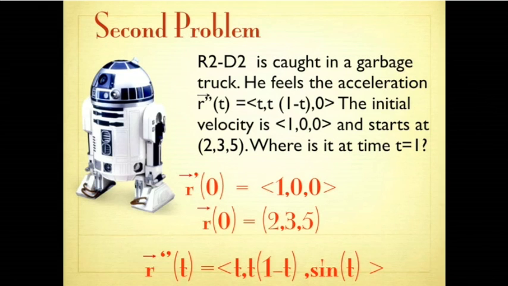And when you integrate, you always have to worry about the constants. So now we have to add a constant in such a way that r prime of 0 is (1, 0, 0). So let's look here. At t equals 0, that's 0. So what we have to add here is just 1. At t equals 0, this is also 0, so we have nothing to add. Here, in this case, that's why I changed it. If you look at this here, at t equal to 0, it is minus 1. But we want it to be 0. So we have to add here 1. So that's our r prime.